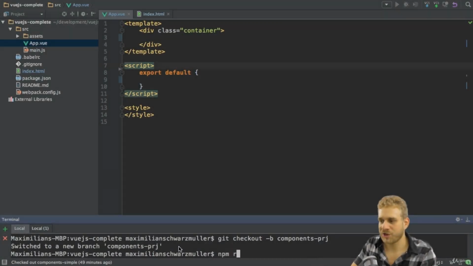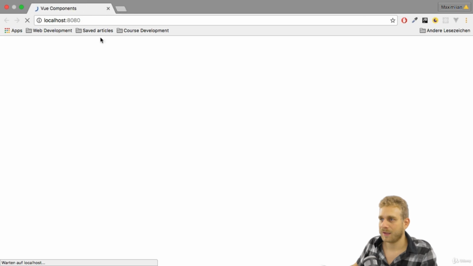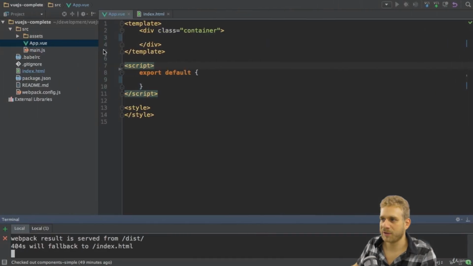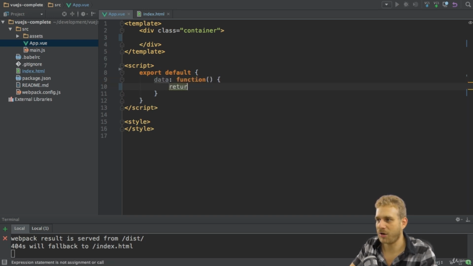So back in the project, I will run the development server here again. And of course, we don't see anything here because it's empty. And in the app.view file, I first want to create my data function to return this data object I'm going